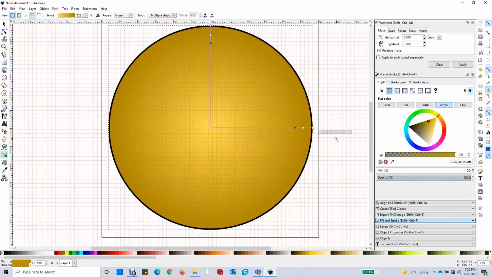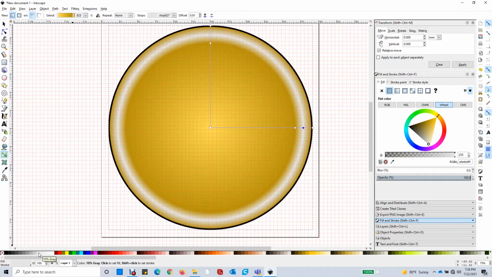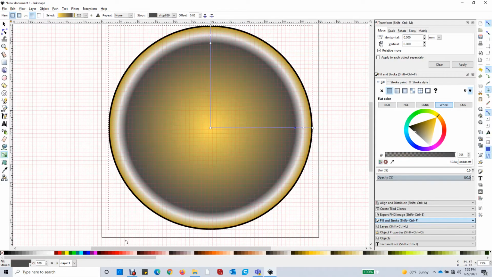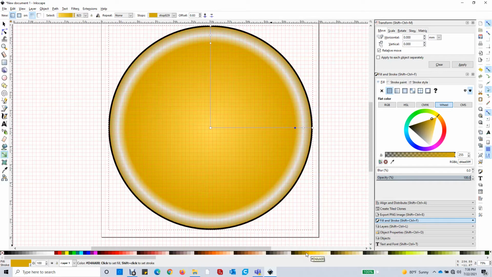All right. So what I'm going to do now is I'm going to say this dot, I want it to be a very light gray. And then this dot, I want it to be like the darker version of this. And then this outside dot, I'll pick a dark gray. So, whoops, wrong one. I want this to be the darker brown, and I want this one to be a very dark gray.